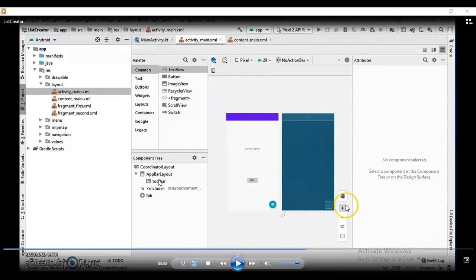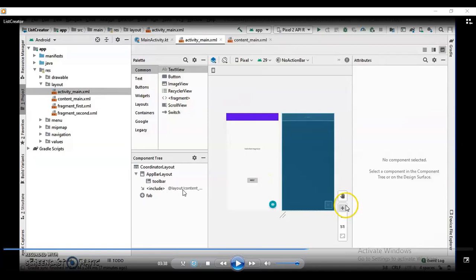Inside this app bar layout, you can see a toolbar. So a toolbar is automatically available with your application, right? And it includes content_main.xml. The layout from content_main.xml has been included inside the activity_main layout file, right?